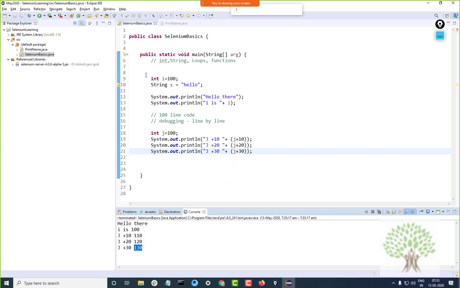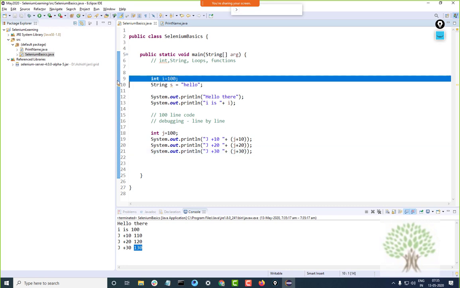Now in this program I can put something known as a breakpoint. For example, in front of this line I can double click and put a breakpoint. You will see a small dot appearing. I can run it in debug mode by clicking on this small debug icon on the top left corner.